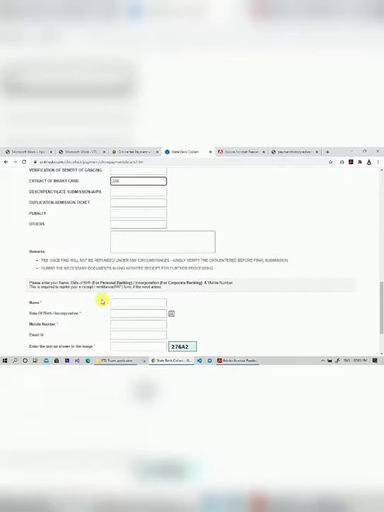These are the various documents provided by VTU. Since I'm applying for provisional degree certificate, I have to enter the amount in front of provisional degree certificate, that is 400 rupees. And I also want extract of mass card, so I have to enter 250 in front of extract of mass card. You will get 7 SEM mass card as well as 8 SEM mass card, but you don't have to pay for 7 SEM mass card.